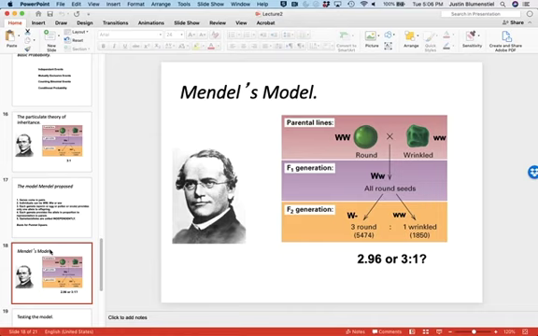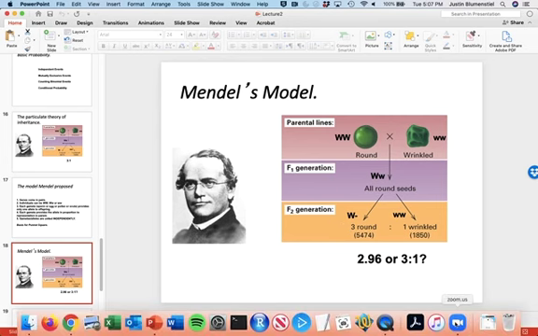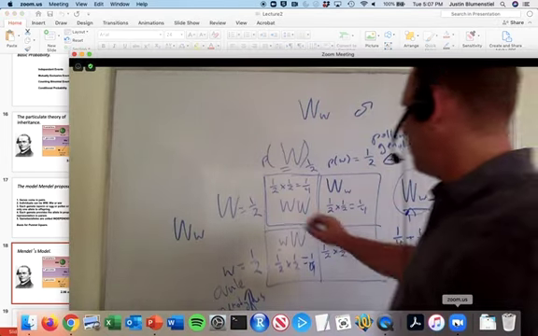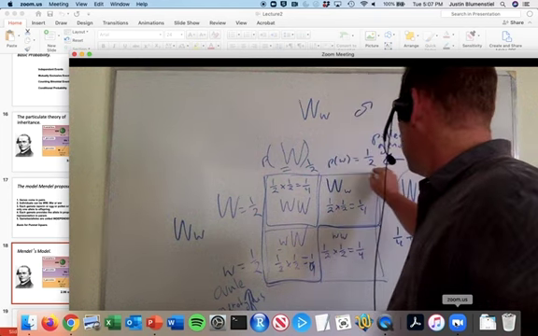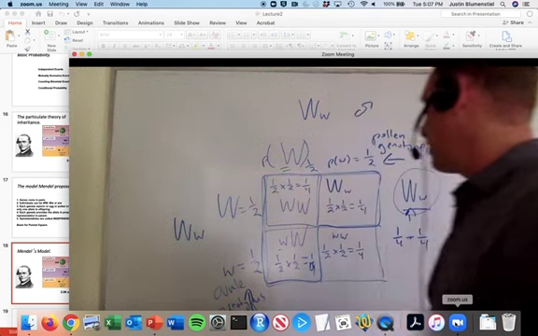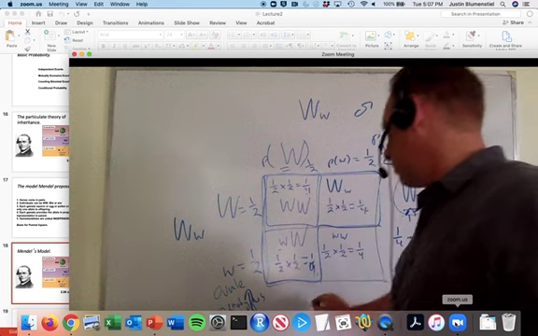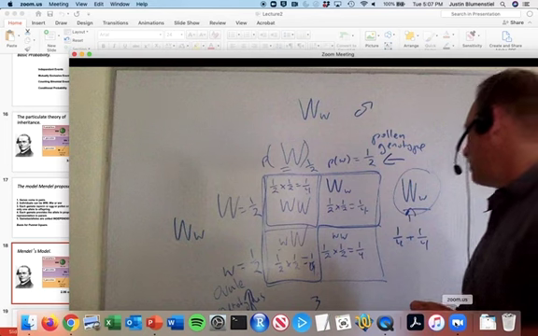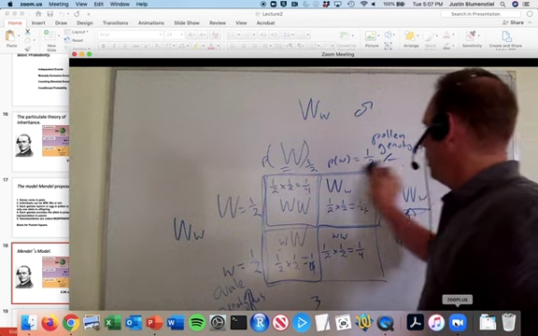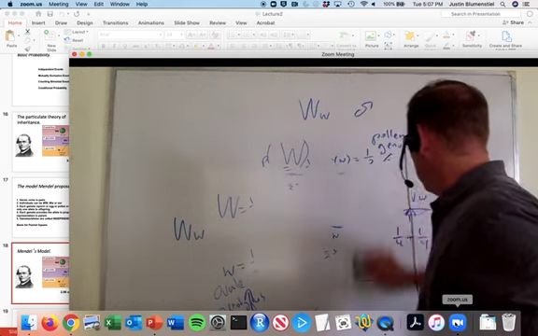Going back to this question of 2.96 or 3.1, you can collect a bunch of round seeds. All right, so let's actually look at that Punnett square a little bit. I'm going to go back to the Punnett square. The ones that are round are these ones, right? Right, and again, that's 1/4 plus 1/4 plus 1/4, so 3/4, right? But an interesting thing that happens is that when you get a round P,